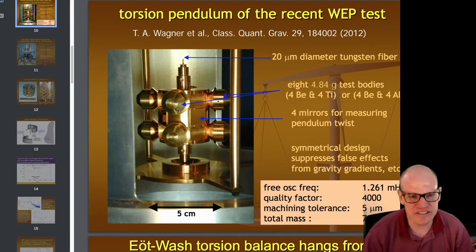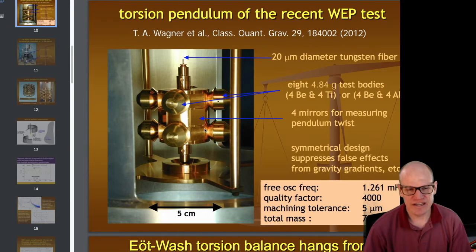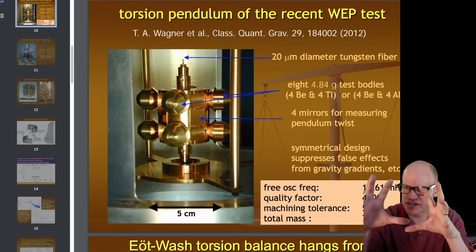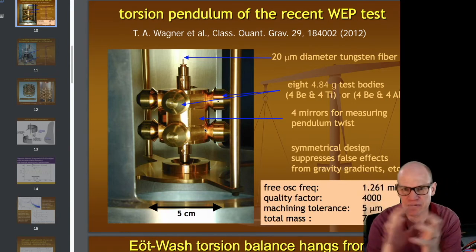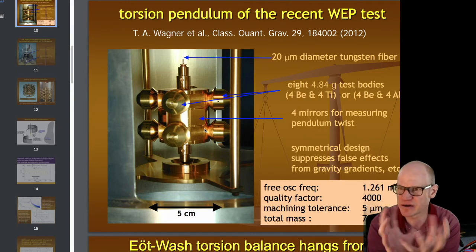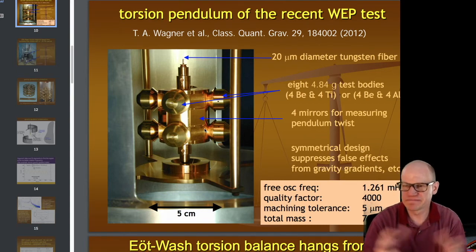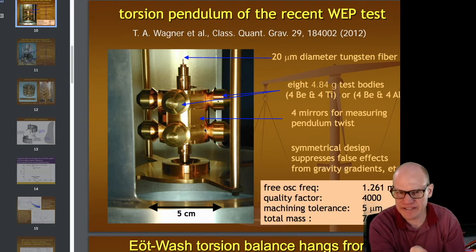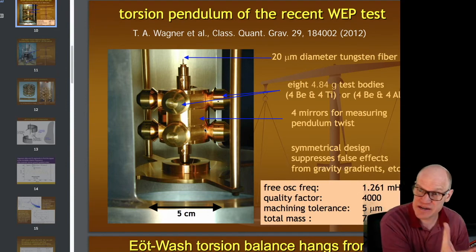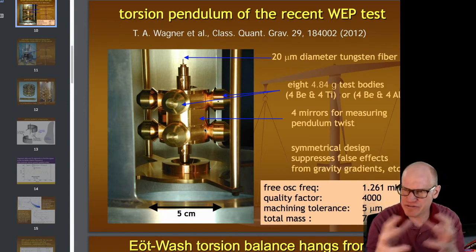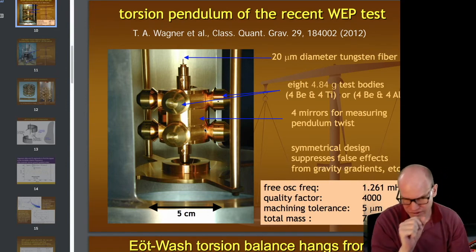All right, so notice that these things are made out of different materials. They have beryllium, they have titanium, and they have aluminum. And that way they can put everything together, demonstrate that if everything is made out of the same substance, they get a particular behavior, that it behaves the way gravity does. And then they can replace some of them with the same shaped object, which has the same gravitational interaction, except that it's made out of